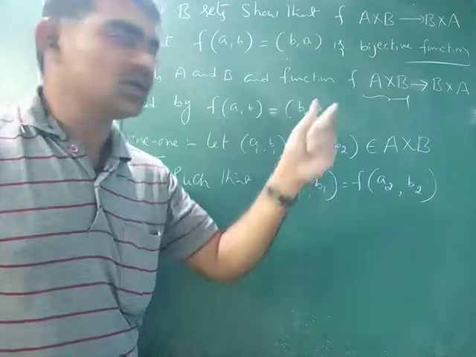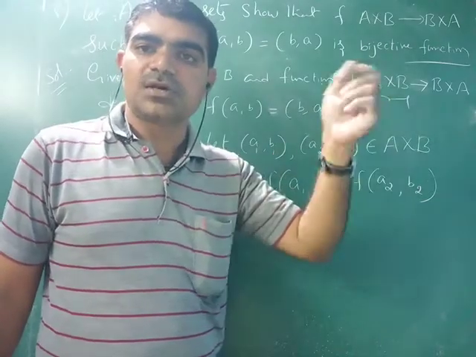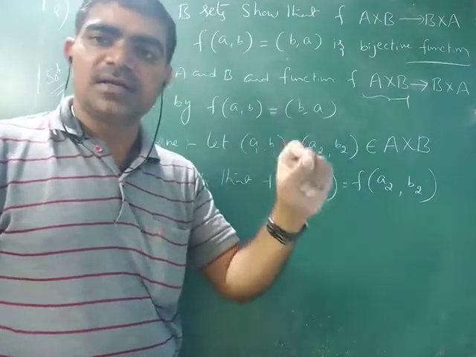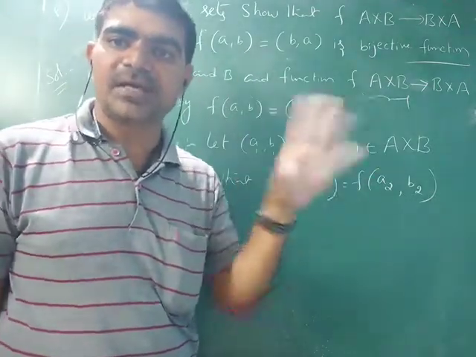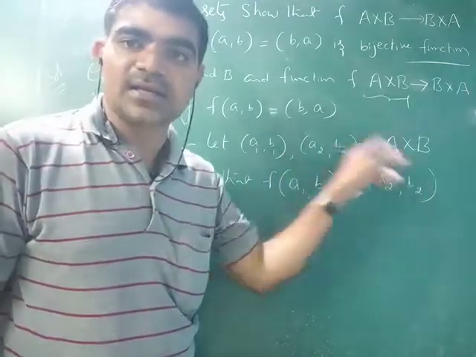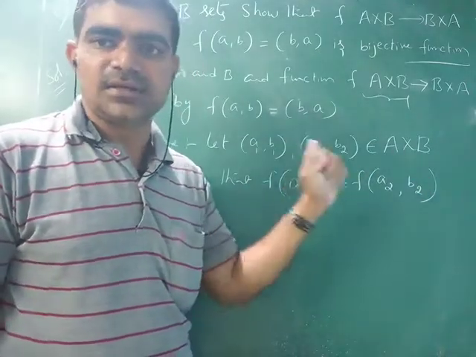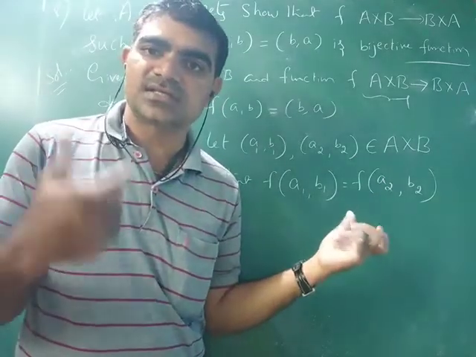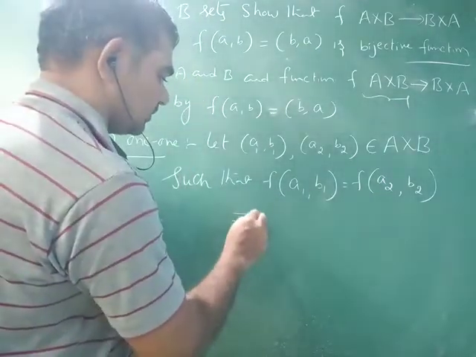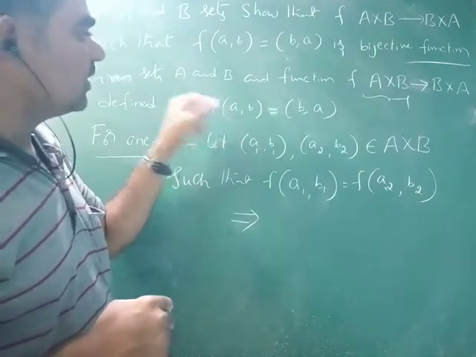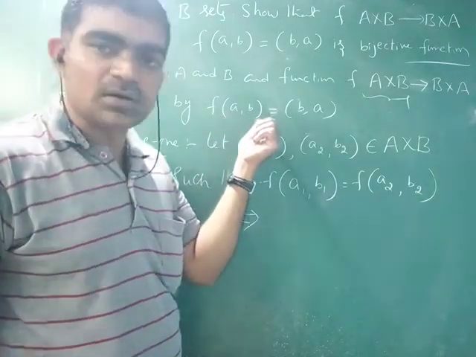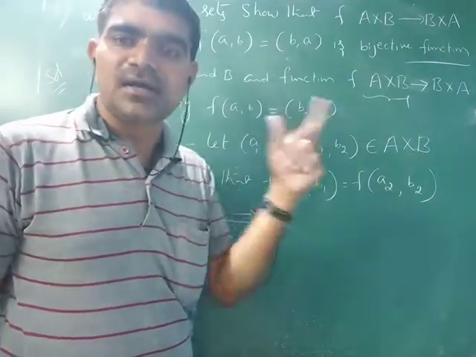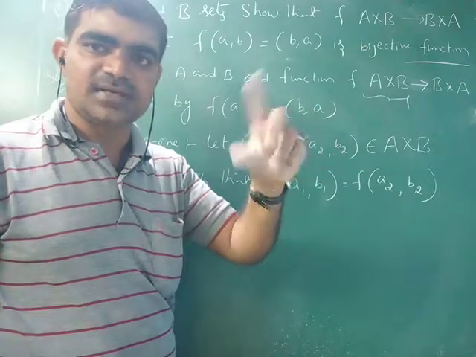Here please observe, A cross B, the Cross product containing the set of all ordered pairs, elements are ordered pairs. So that's why two elements I have taken as ordered pairs in A cross B. Clear? And I assumed that those images are same. That implies, please observe here, how they define the function f of a comma b, we are getting b comma a. Its image is b comma a. That means reverse, first element to second element reverse.